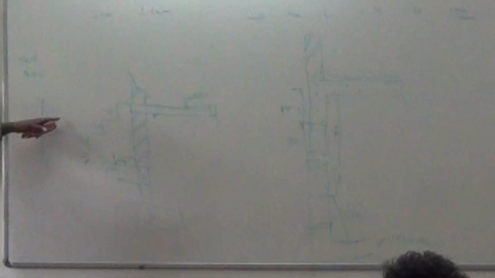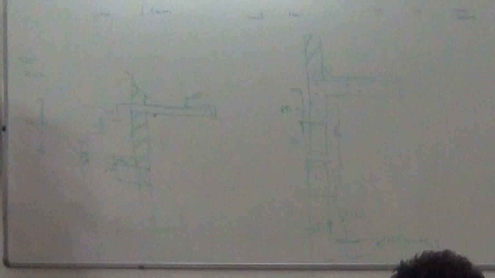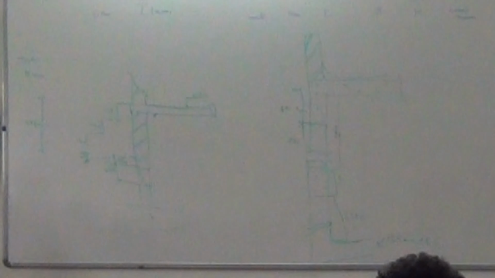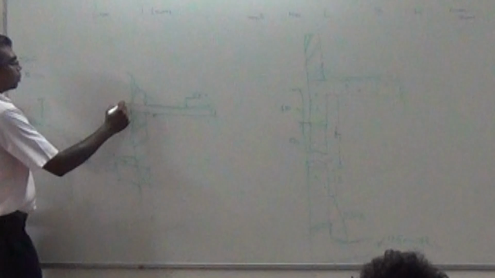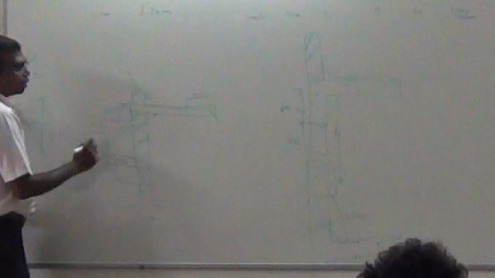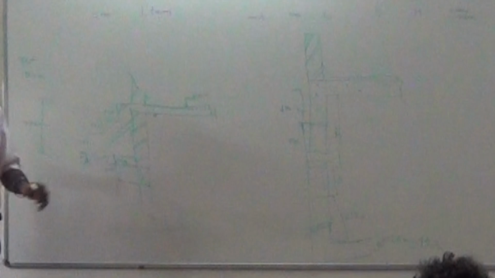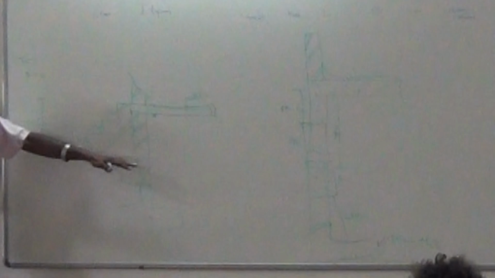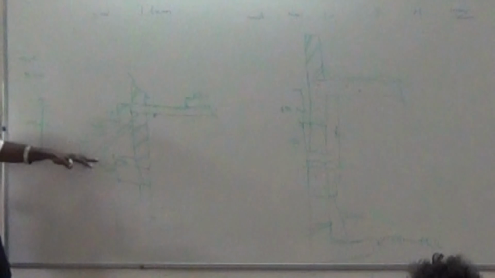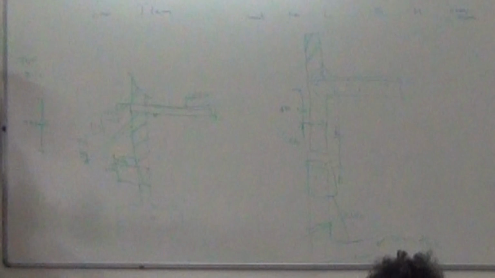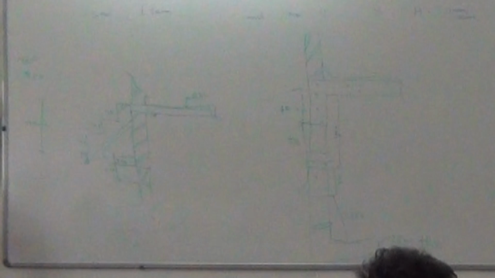I'll just give you 2 minutes. You study this drawing, draw all the components so that we can be confident about the thing we are doing. If you have any doubt in any of this, please ask. And suppose this is going to have steps. This step is not here. This steps will be beyond the corridor to the main entrance to the hostel. I am just indicating that the steps is there so that you understand that there is a height from finished ground level to finished floor level. Below the finished ground level, you go 900 mm of brickwork. Clear? If you have any doubt in this, please ask.